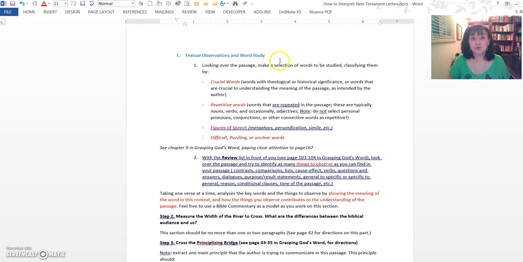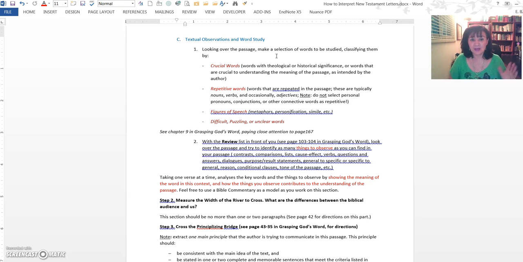Then you move to a very important section which involves textual observations and word studies. I put both of these, observations and word study, together in the same category because you are going to basically take one verse at a time and you are going to look for both. Now, before you start to work on this section, of course, I would like you to make sure that you read the passage 5 times